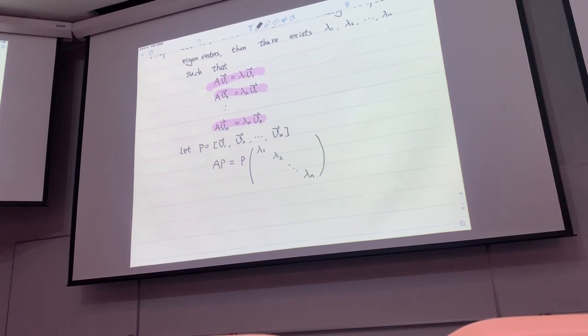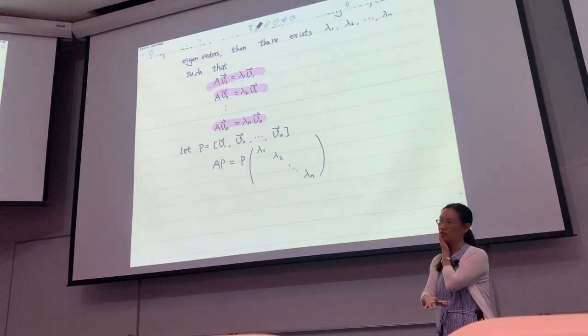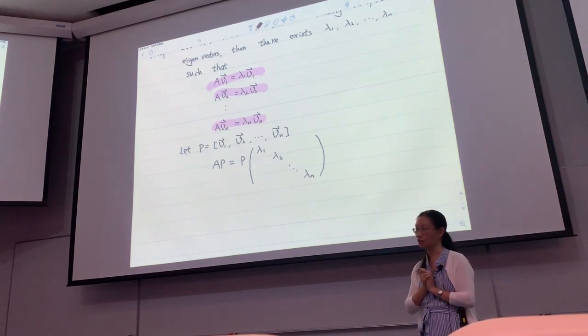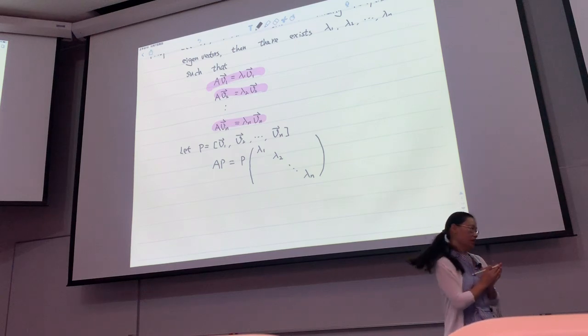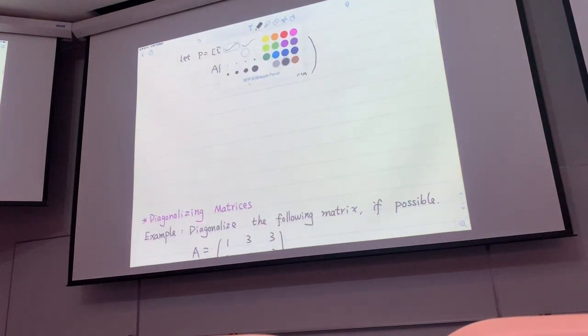In the last lecture, some students asked me why we put the diagonal matrix on the right rather than on the left. I'll give you a very simple example to show the difference. We just consider a 2 by 2 matrix. Actually it's the same, or you can consider 3 by 3, it doesn't matter. For example, I have a matrix B, which is